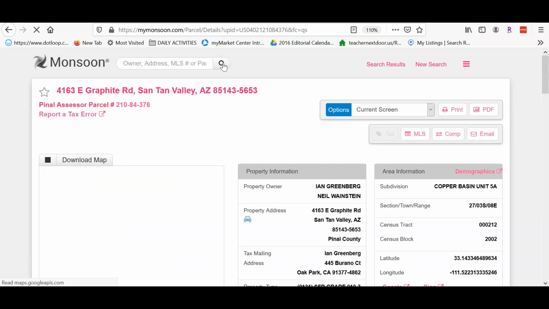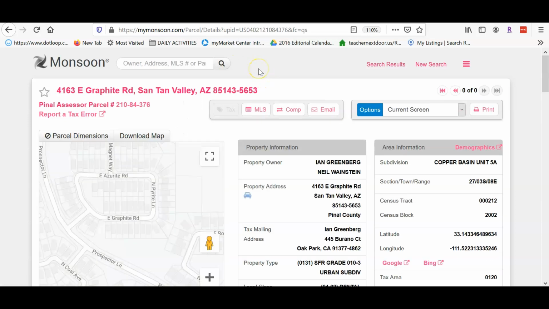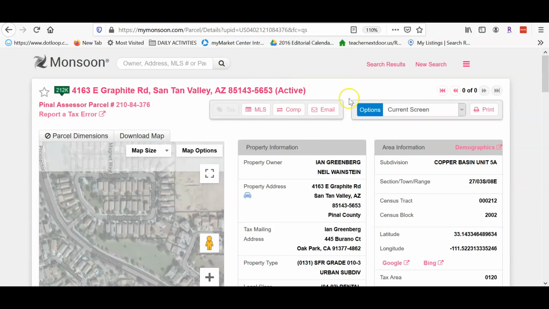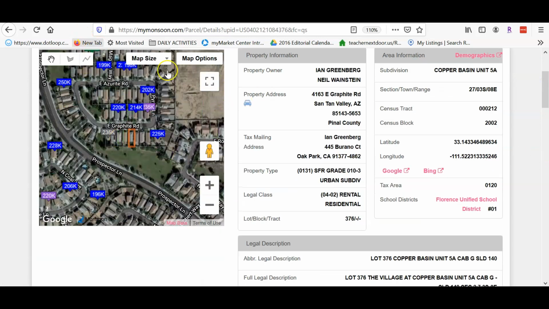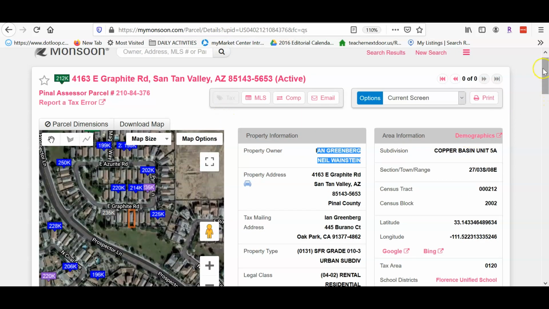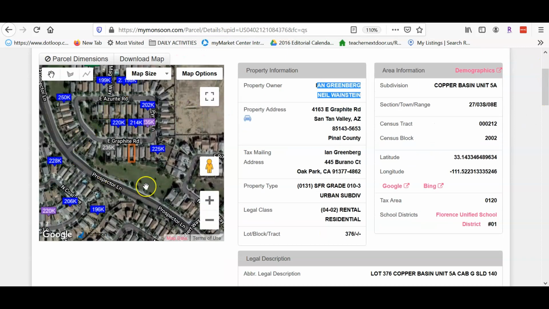I would want to do this anyway when I'm representing a seller. So it's going to take me to the tax screen. Obviously, I want to make sure that the property in question is owned by my clients, in this case, Ian and Neil. And it is. It's going to bring up over here some of the properties of what's going on in the